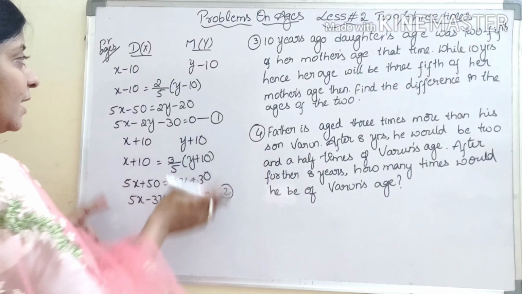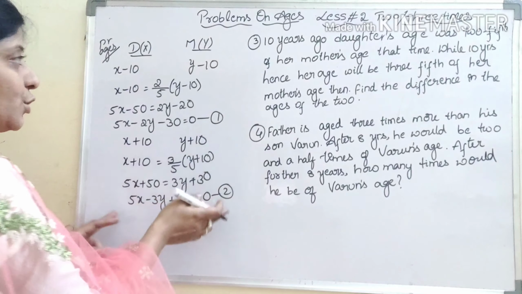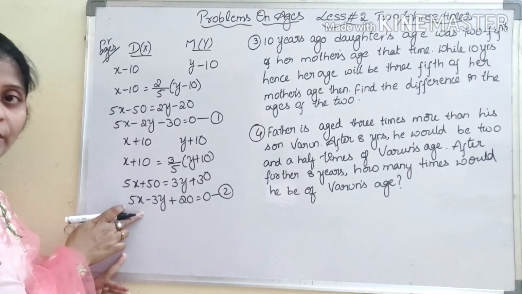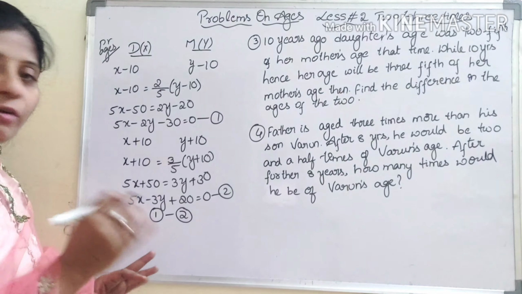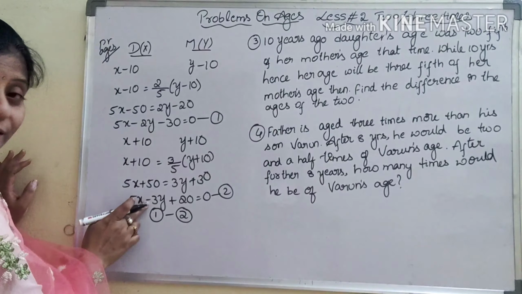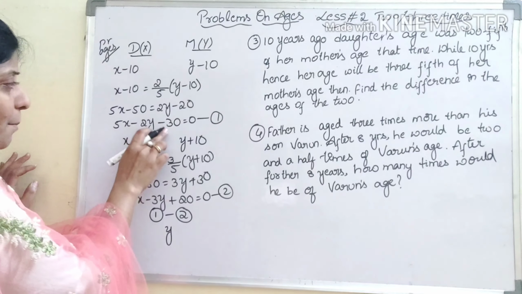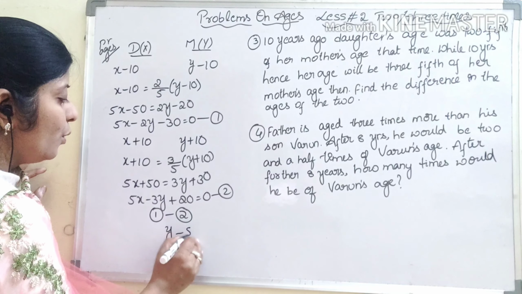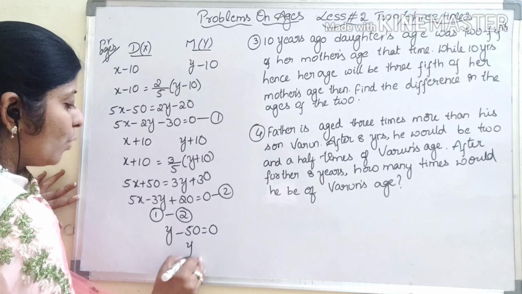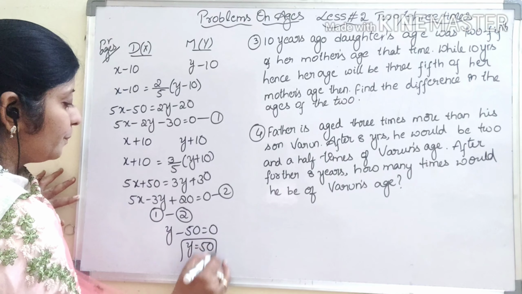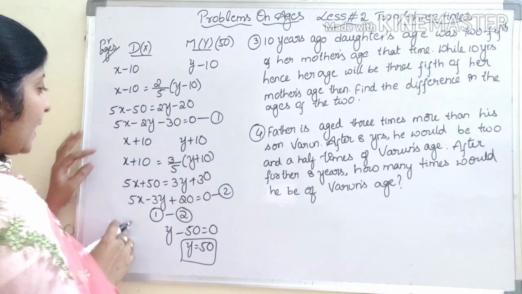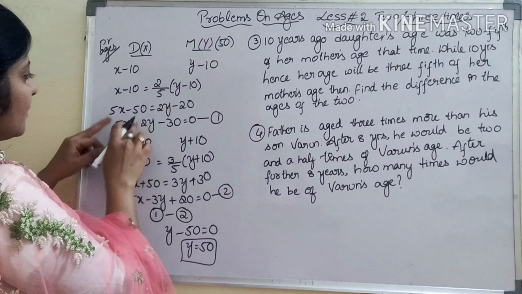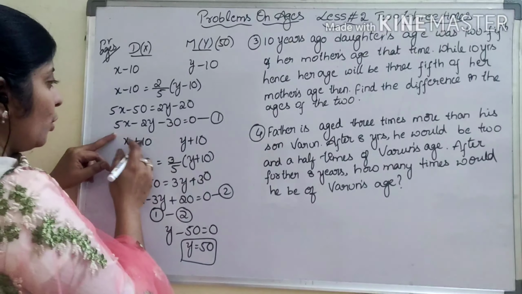By solving 1 and 2, we get x and y values, the present ages we will get. So if you see 1 and 2, 5x are there. So directly by subtracting, we get y value. Minus 2y plus 3y will give y. Minus 30 minus 20 will give 50. So y will be 50. So here y will be 50 and to find x, let us substitute in equation 1 or equation 2, we will get